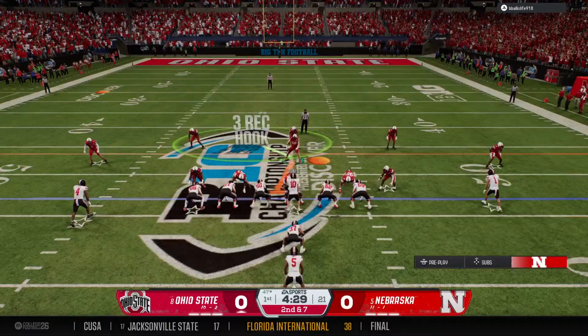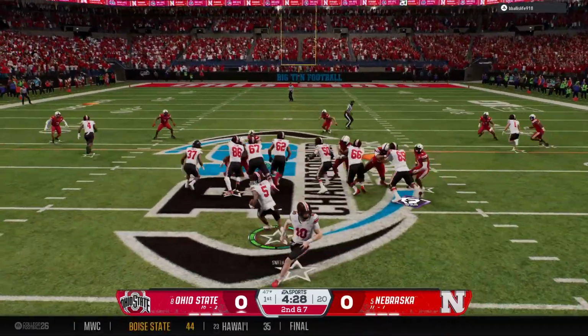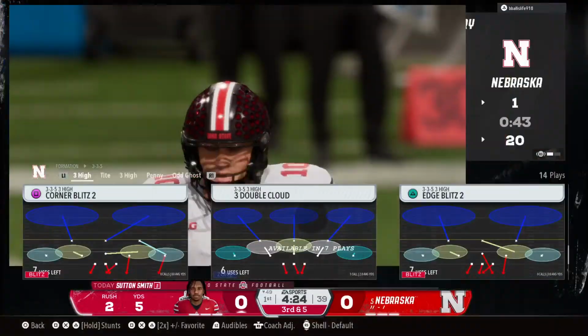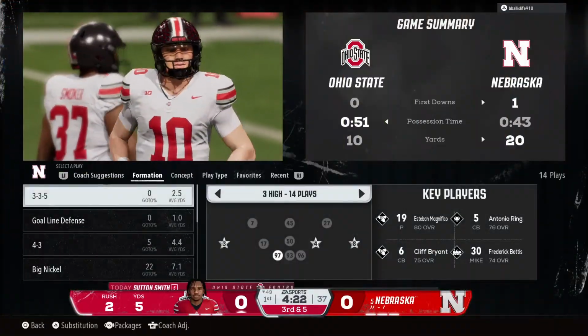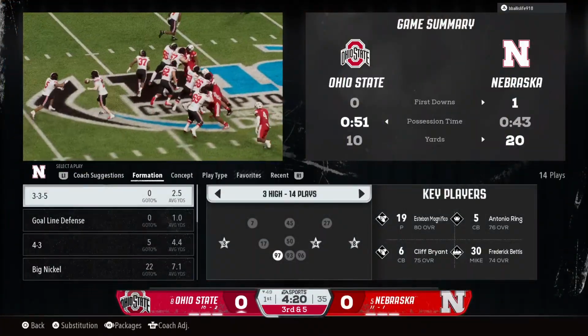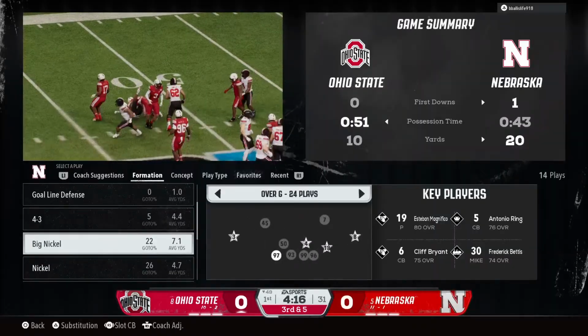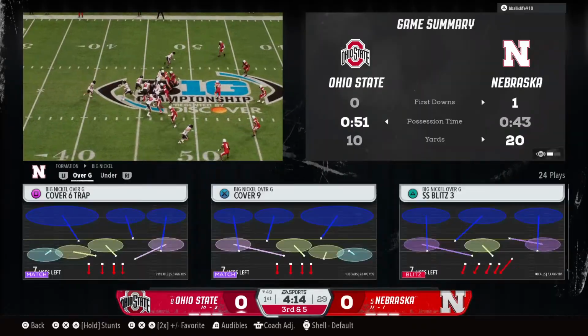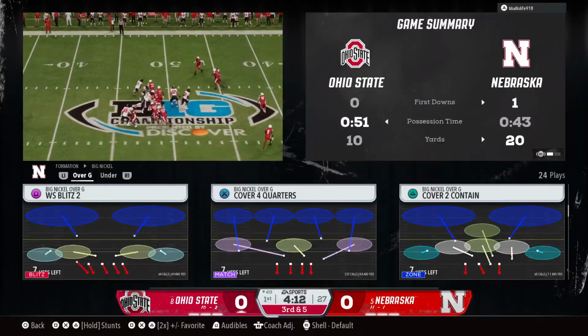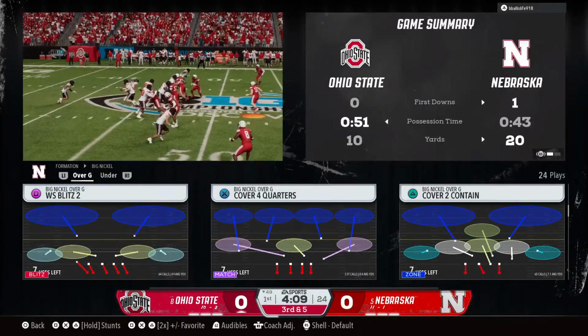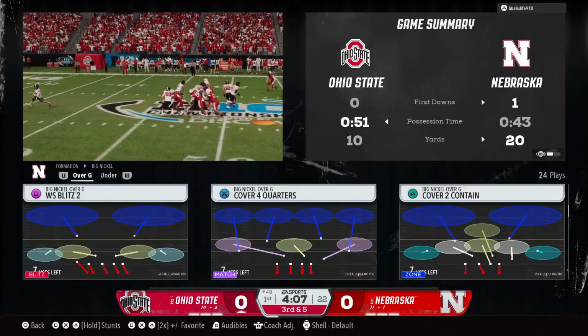Linebacker shifting around now. On the run, it's Smith. Stopped short of the marker after just a short gain. Chris, you know, the spread era over the years has always grown offensively, but what I've always been impressed with are defenses that really build their defense to play in space and still have an ability to be sound at the line of scrimmage and defend a running game. It's exactly what we saw right there.